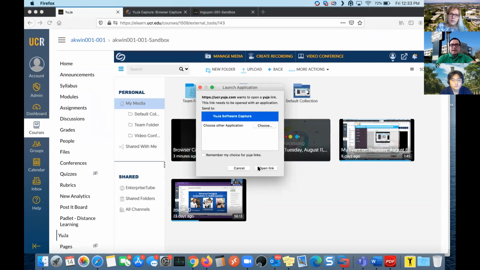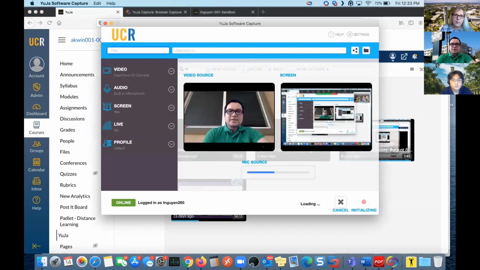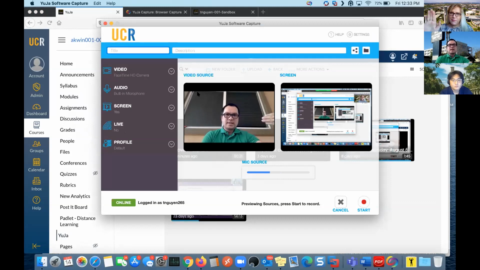But if it is your first time using this feature, it will ask you to accept and download the software. As you can see, I have two windows right here. One is my video source, which is the camera that I'm using. The other one